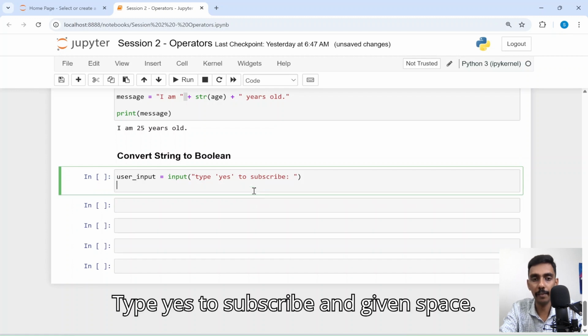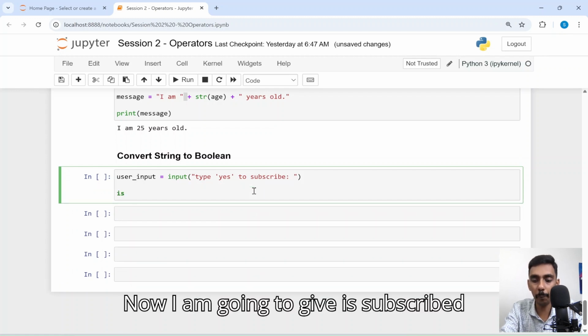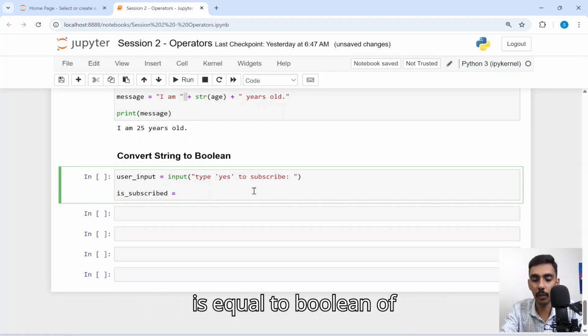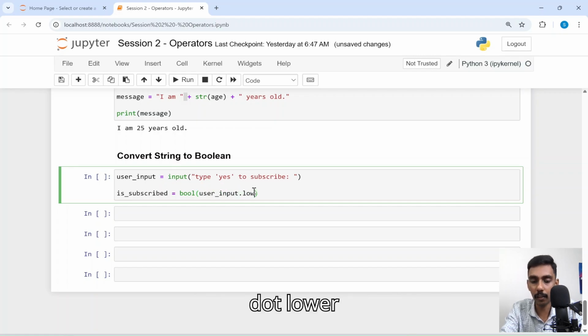Type S to subscribe and give a space. Now I'm going to give yes_subscribed is equal to bool of user_input.lower()